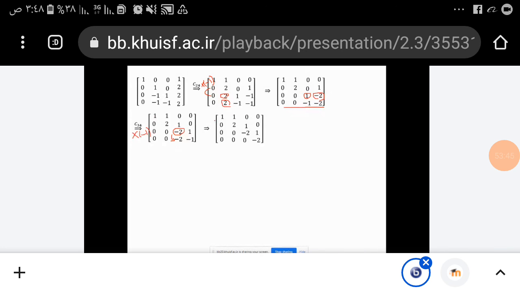The first row, second row and third row don't change. And after multiplying by -1 this one, it will be 0 0 0, -1 times -1 is 1 plus -1 will be -2. If you note, all entries